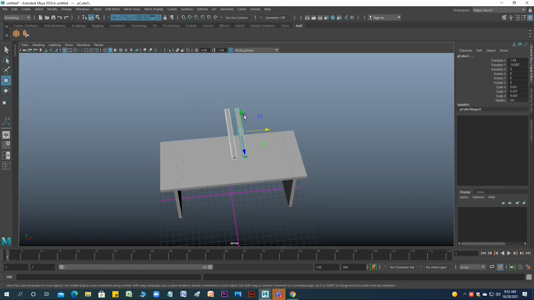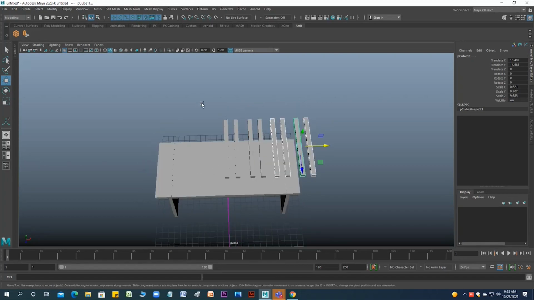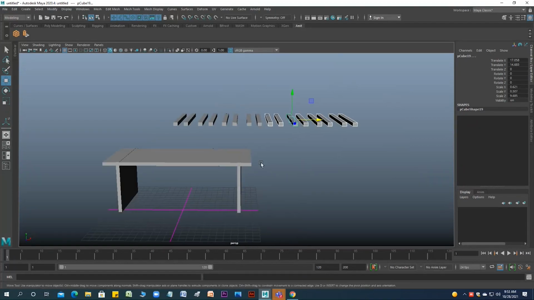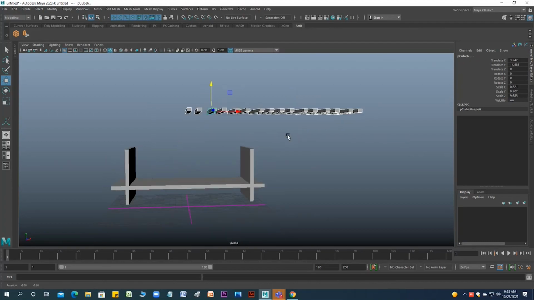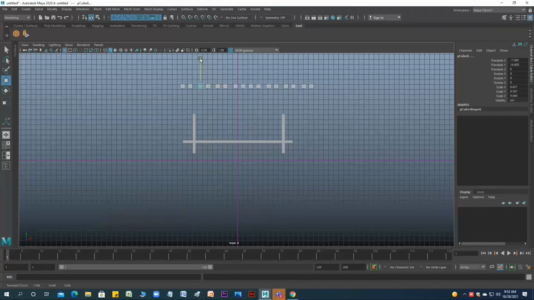Select both of them, Control D, so you can create a double of that. Place this however is comfortable to you.